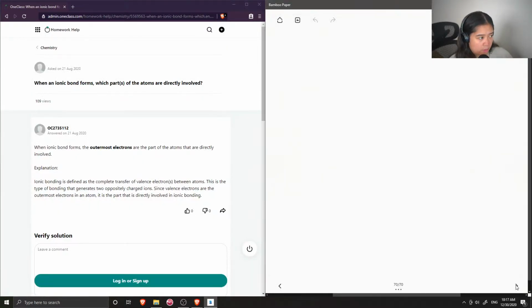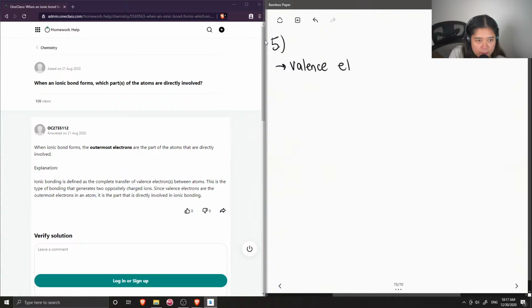Okay, so now on to question number 5. When an ionic bond forms, which parts of the atoms are directly involved? So, to answer this, valence electrons of the atoms are directly involved. So I'll show an example of how an ionic bond can occur. So let's say we had sodium chloride,